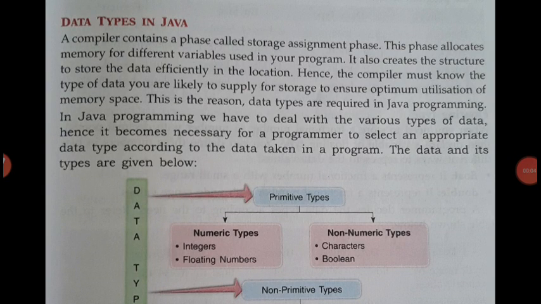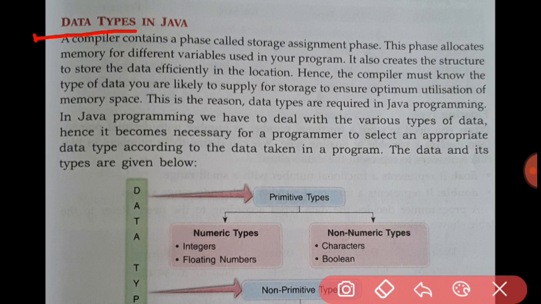Data types in Java. So I told data types. A data type will tell you the type of data, and even tell the compiler what kind of data a variable is holding. That is a data type. And it is also helpful for the allocation of the memory.